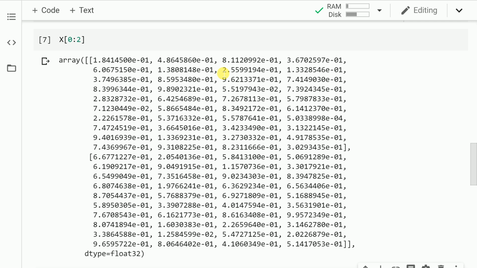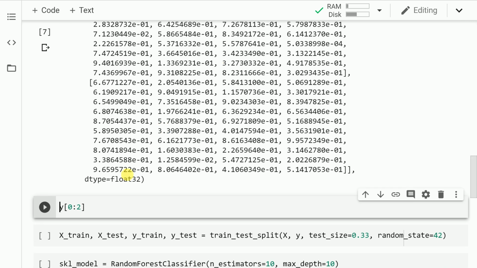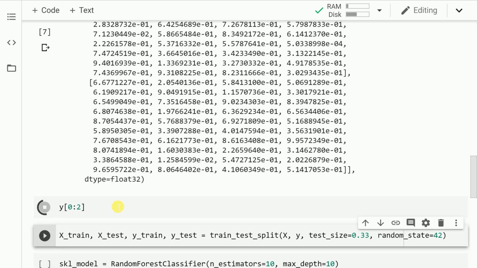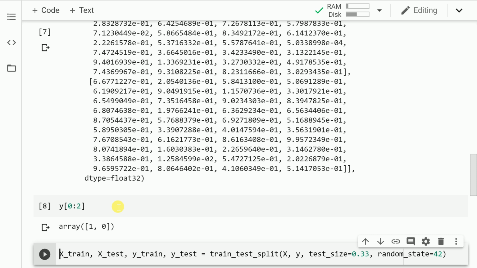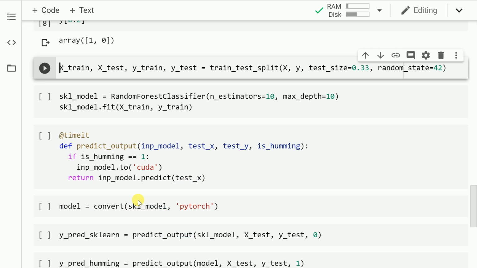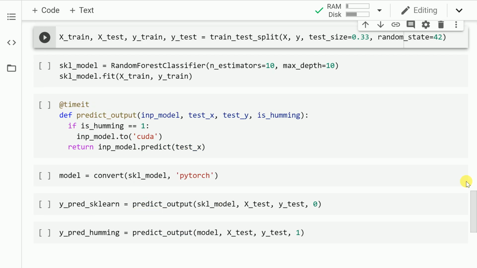So these are the first two rows that I have that will contain 40 columns each. Since this is a binary classification problem, let me show you the first two rows of my target variable, which coincidentally happen to have 1 and 0 values, showing that I have a total of 2 values in this classification problem. Following the standard practice of creating a model, I split my data set into training and testing. I will be using 67% of my data in training and 33% in testing. So let me run this cell.